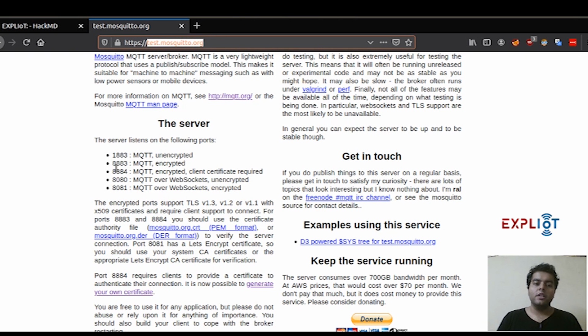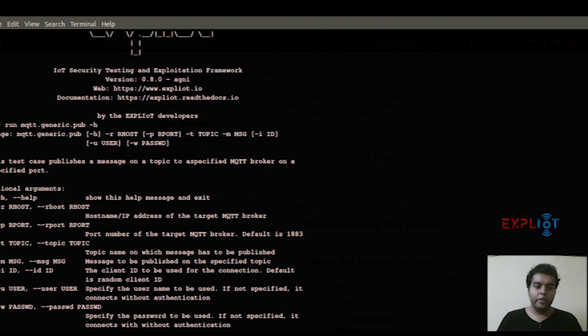Here you can see there are a number of ports that are used for MQTT, but for all the demonstrations I'm going to show you the default port, which is 1883. Otherwise you can go for other ports like 8883 for MQTT encrypted, and 8080 for MQTT over WebSockets. So we'll be using the default port, which is 1883. Alright.